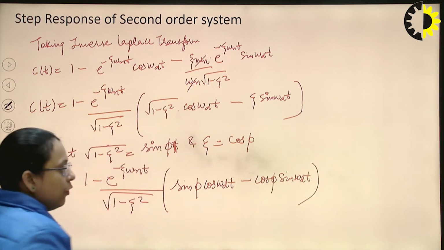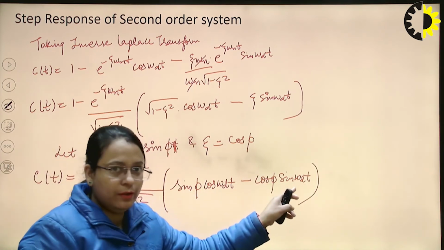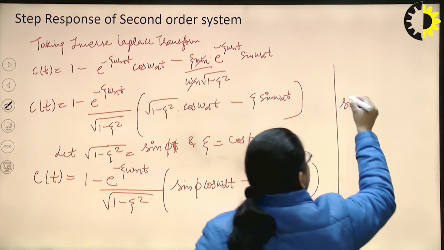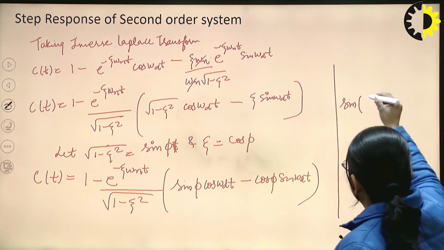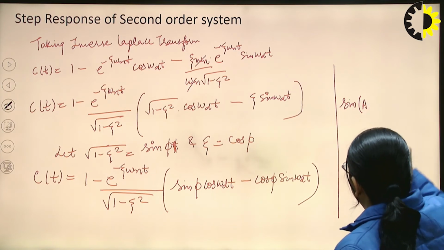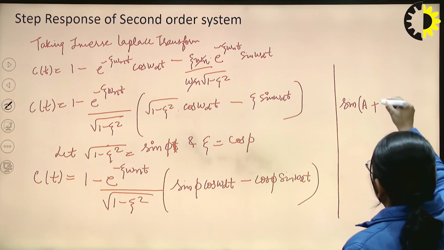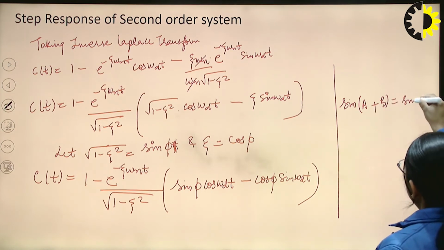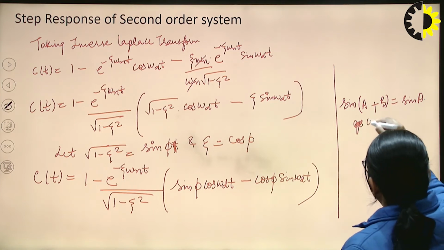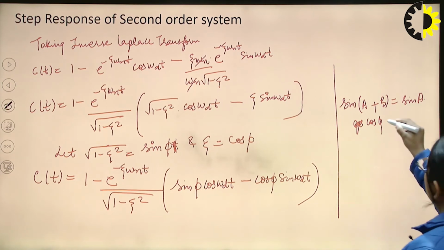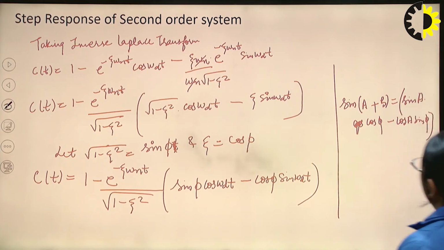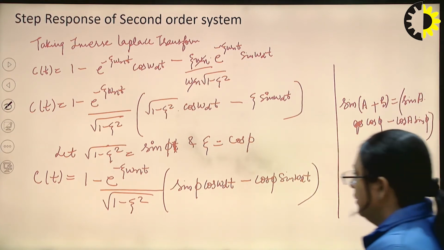So it will become the formula of sin A cos B minus cos A sin B. This is the formula for sin(A minus B), that is, sin A cos B minus cos A sin B. So we can write it as